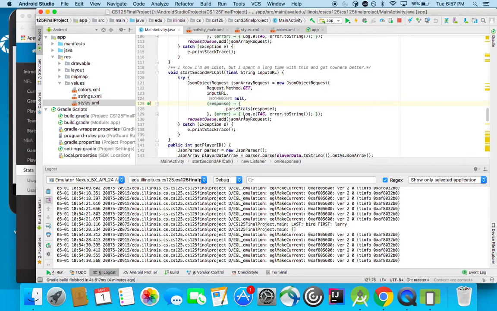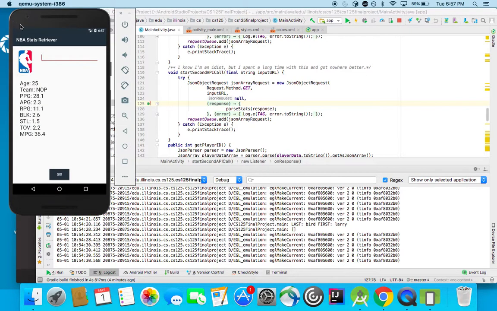I guess just to add to that a little bit, maybe going back to the work split, Andrew's kind of the Java guy throughout the process, and I was more of the XML guy as far as working on the UI and the design of the app itself. But I think just going from there,